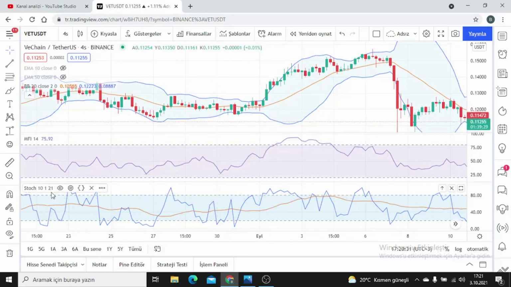You can change the indicators you see here. You can adjust the input values according to you. You can use another volume indicator, not the MFI indicator. You can change the settings of the Bollinger Band. I explained these in each indicator's training video. If you do these things correctly and in a disciplined way, your probability of earning is very high.